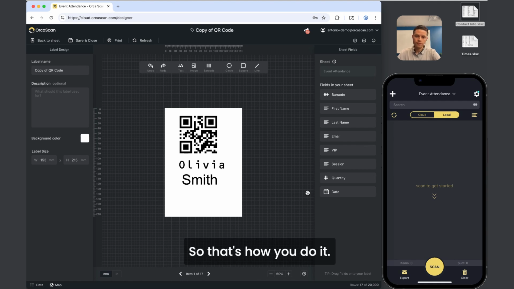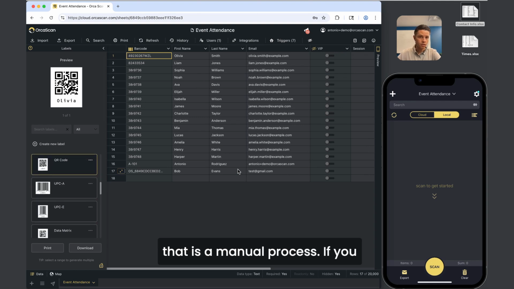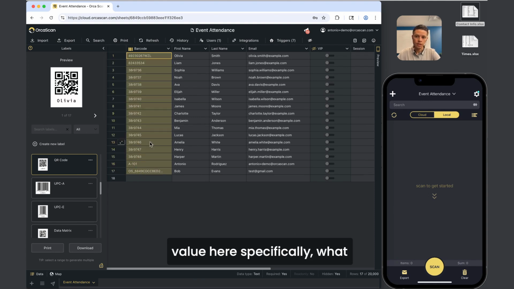So that's how you do it. And then you can save and close that, and you're ready to roll. So that's how you do it. Again, that is a manual process. If you want to automatically send each attendee an email with a barcode, with this barcode value here specifically, what